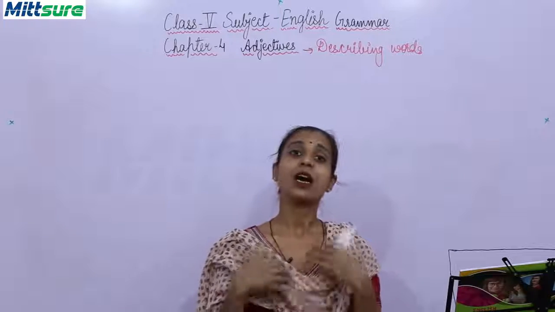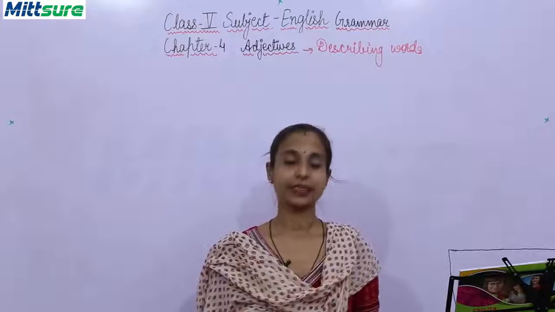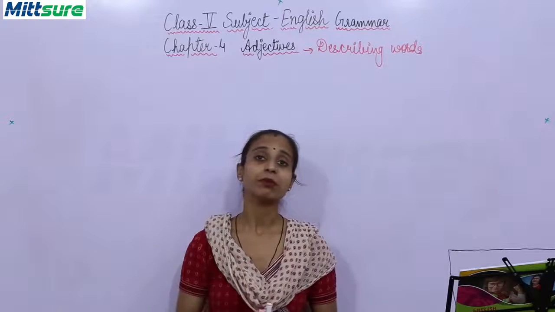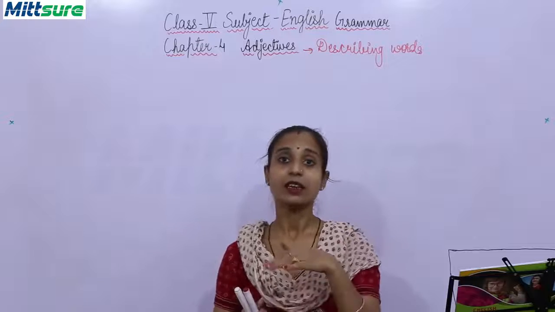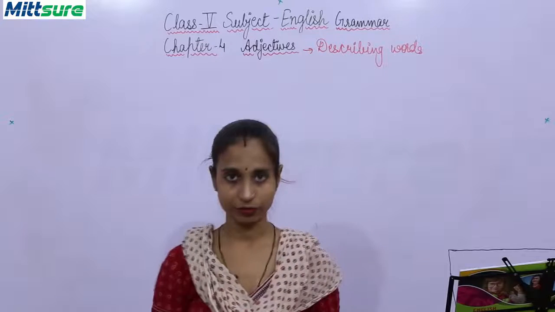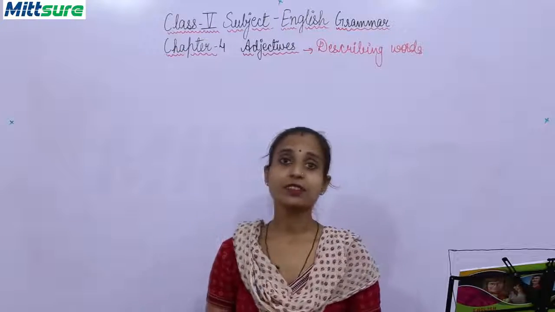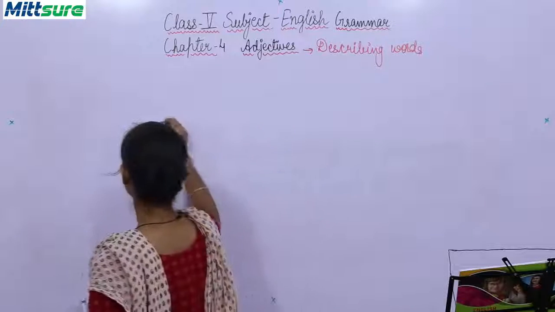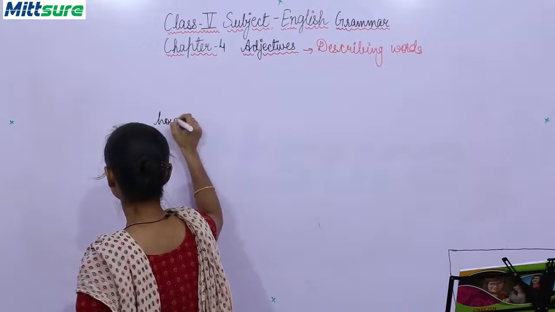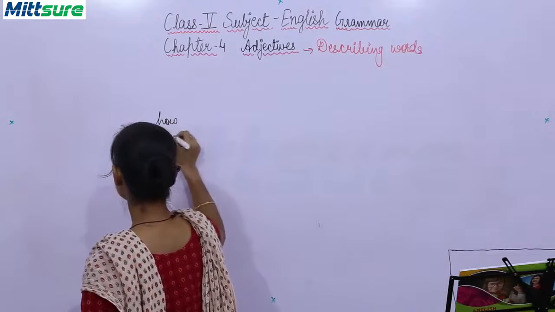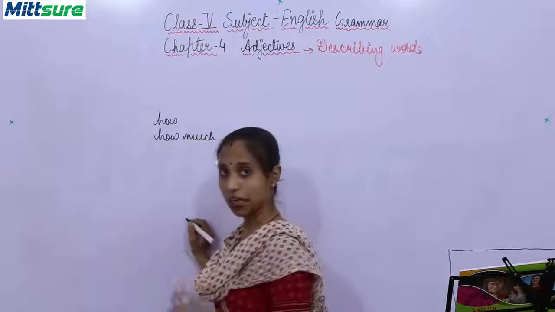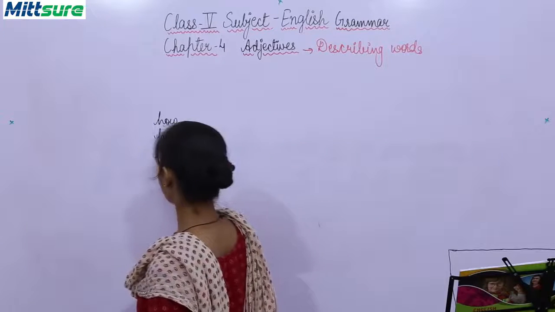They describe their looking, they describe their characteristic, they describe the number in how many they are. Adjectives always answer the question how much. If it is an uncountable noun, then how much, how many,